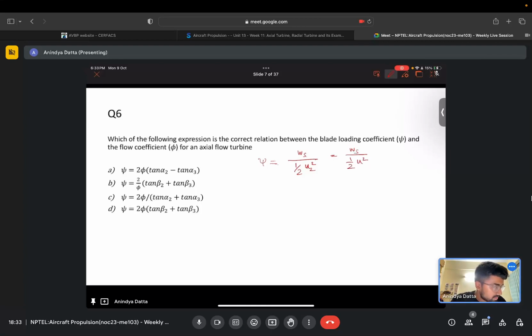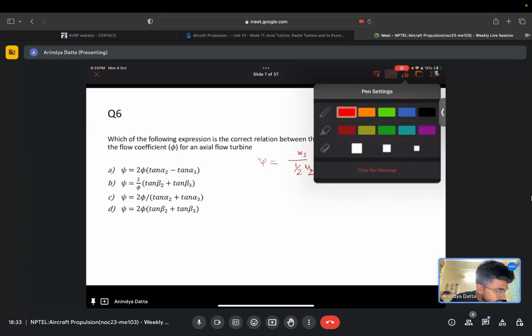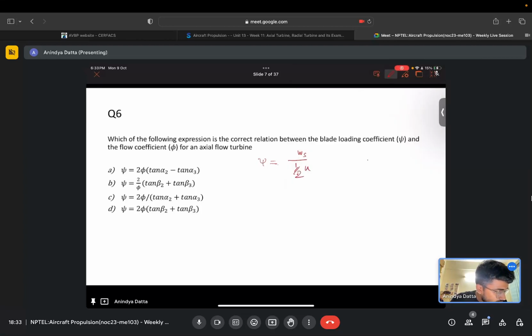So we can just write it here, let's not complicate things. So this is the definition for blade loading coefficient,